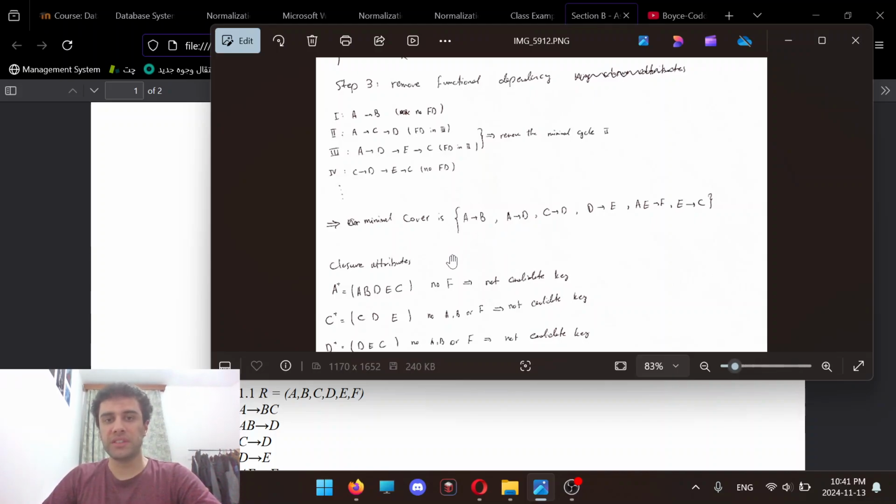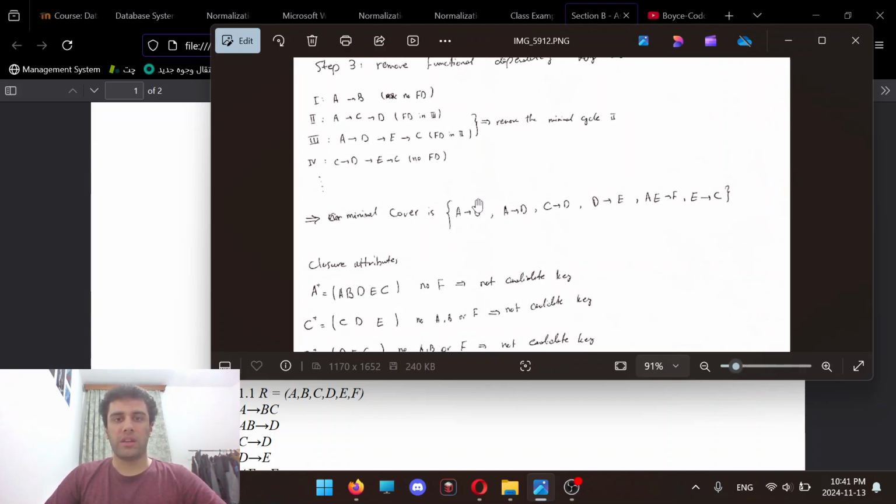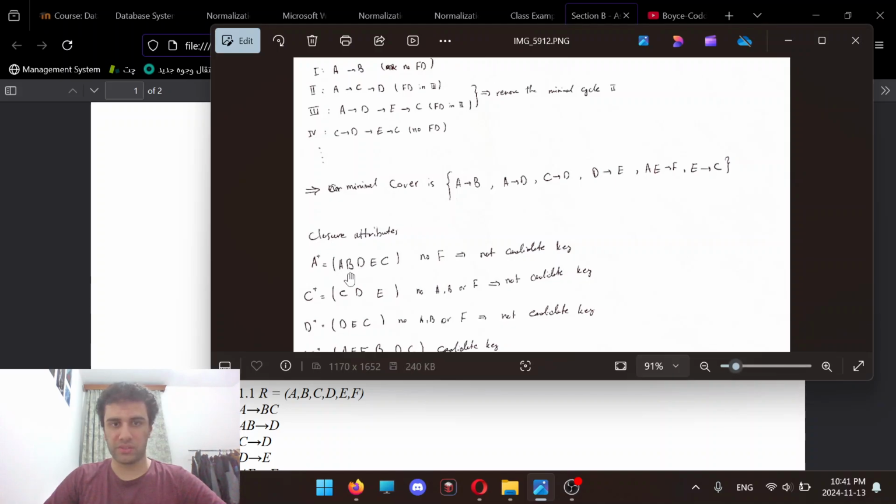pick the left hand side of it, and try to see how many attributes in our data set can be involved with the attribute on the left hand side. So we start with A. As we can see, we do have A to B, so we write B here. We have also D, so we add D. D on its own connects to E, so we write E,